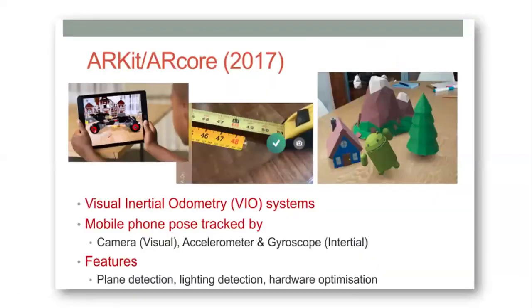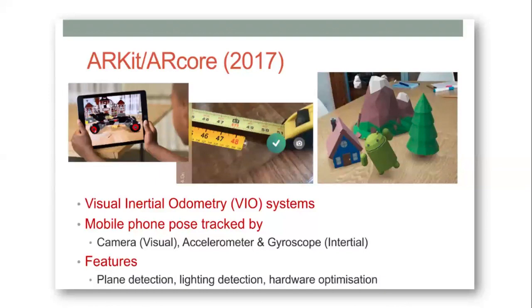The next thing, you must be seeing this or not, I'm not sure. Later on, this was ARKit or ARCore. We call these VIO systems, visual inertial odometry, which is how the mobile phone is tracked. These are simple things, just for your reference. Before going live, we'll go through some theory as well, to know exactly what it is going to help you with.